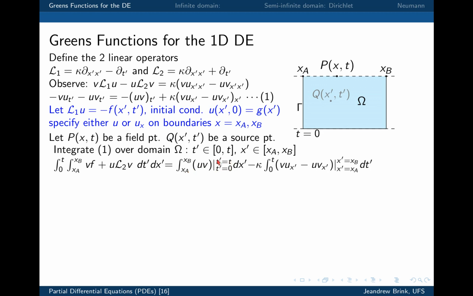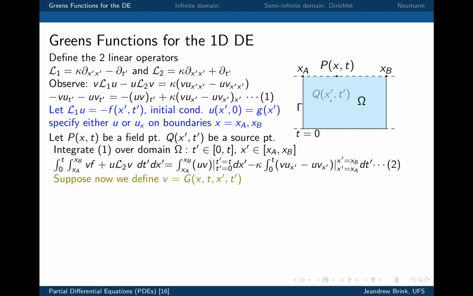We want to know what u is at time t prime equals t. And here we know u or u_x on these two boundaries. Okay, so that expression is true. The next step that we're going to go, and we're going to call that number 2,